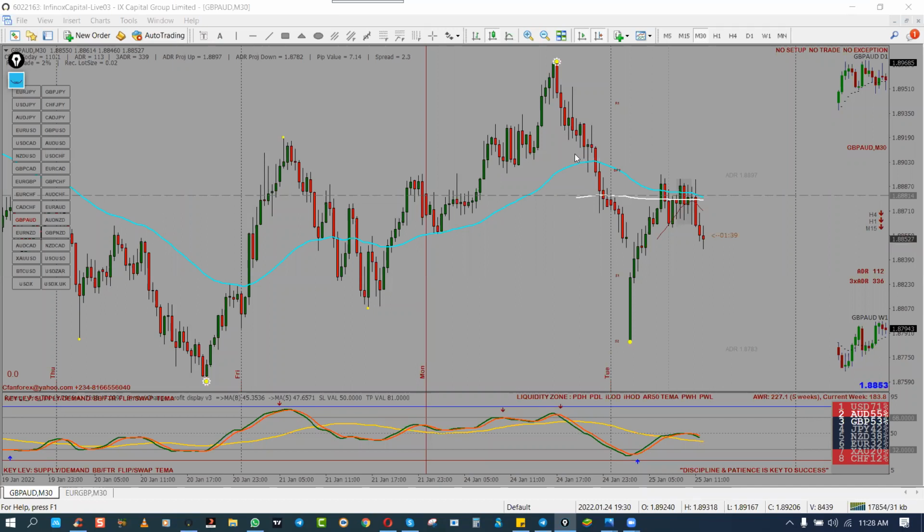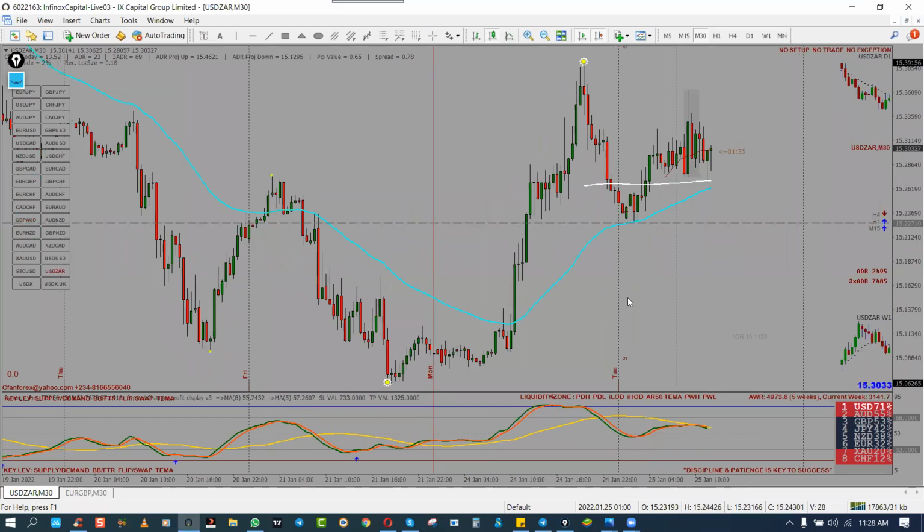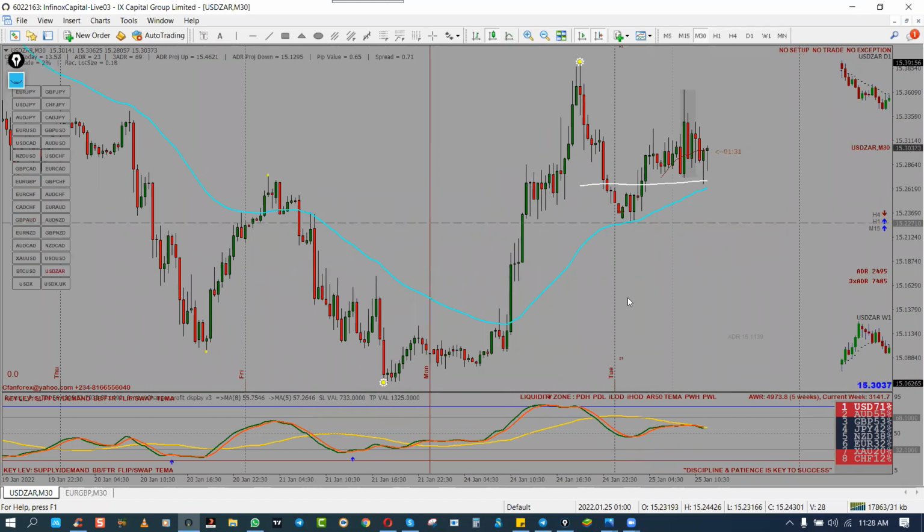Okay, now, so let's take a look at USER. Somebody suggests one, I don't have a pair I want to look at here. So USER is currently having a bullish directional bias. No doubt, immediately you open a chart, you should be able to see it. This directional bias should come scaring or slapping you without you searching for it. Immediately you open your chart, where is the market relative to the 50 and the 200 EMA, and that is your directional bias. The next line of action is to start looking for where the liquidities are.